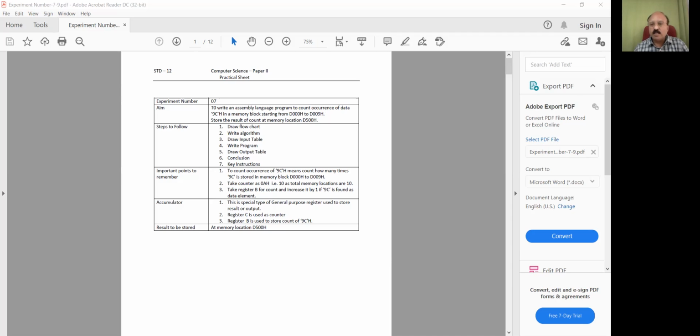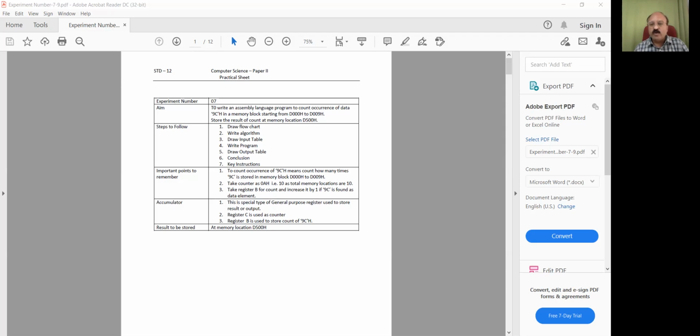Here, the memory location is given. The memory block is of count 10, starting with D000H to D009H. The total is 10.